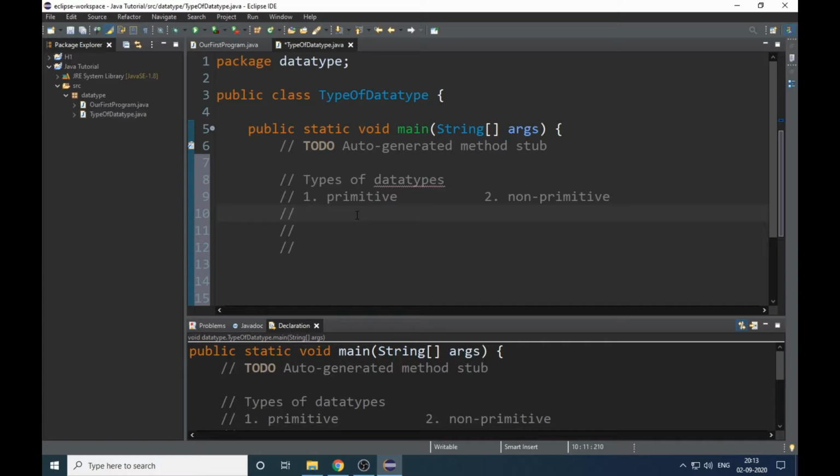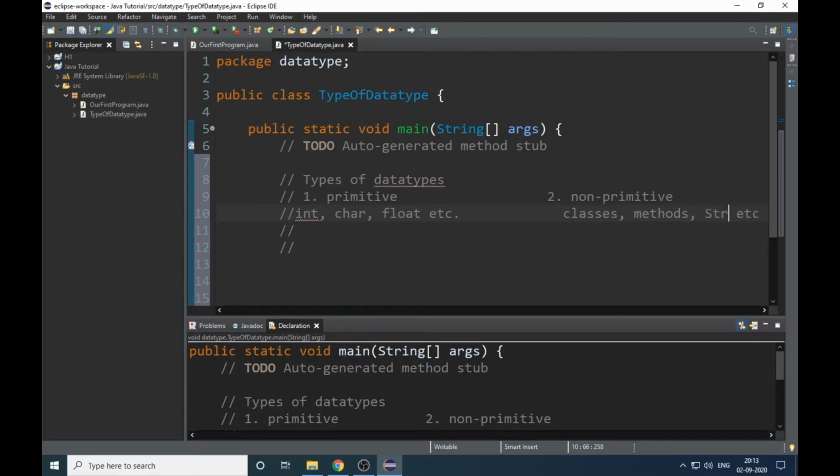So in primitive data types, here are int, char, float and so on. But in non-primitive data types we have classes, methods and so on,